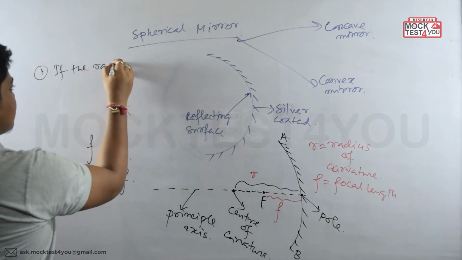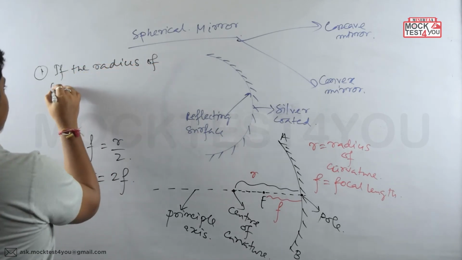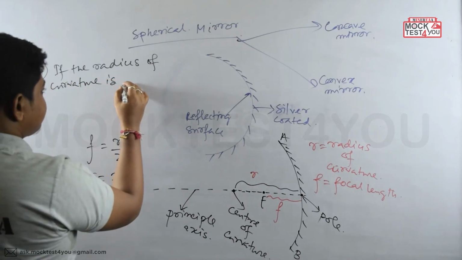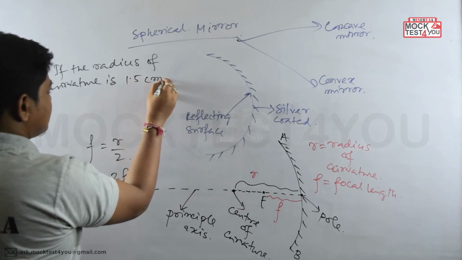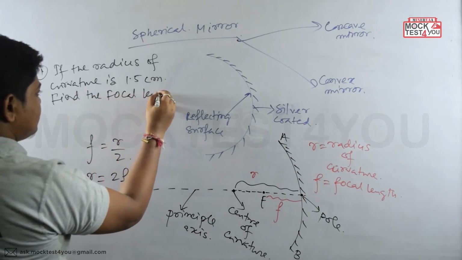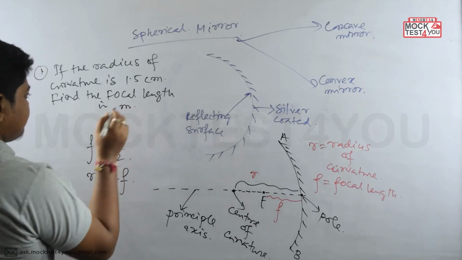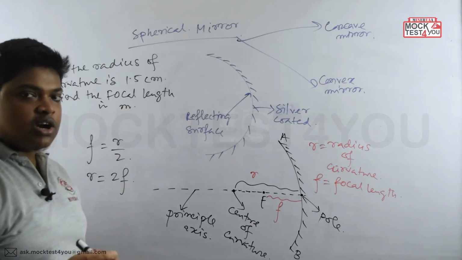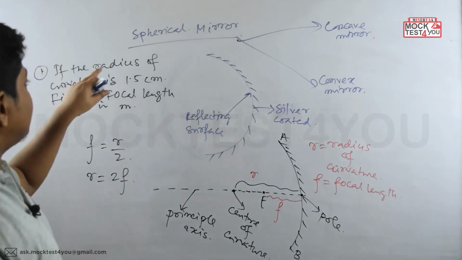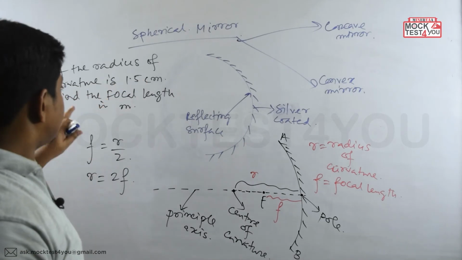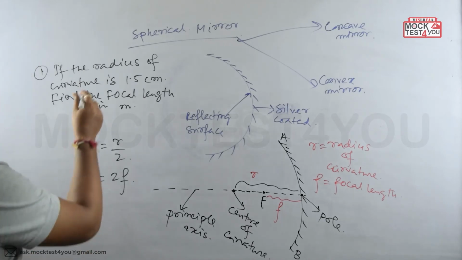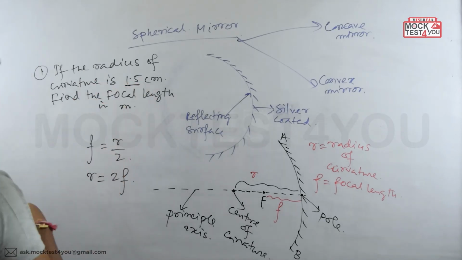So if the radius of curvature is 1.5 centimeter, find the focal length in meter. So they have asked a tricky question. It's not very tricky if you just read it carefully. In that question they have just asked: if the radius of curvature is 1.5 centimeter, find the focal length in meter. So if the radius of curvature is given as 1.5,